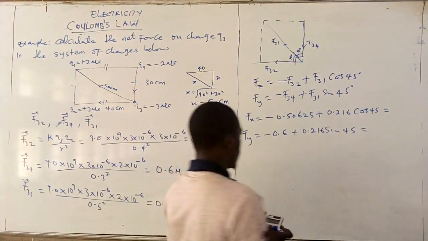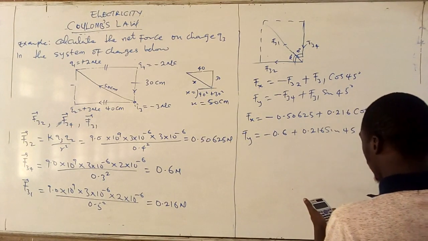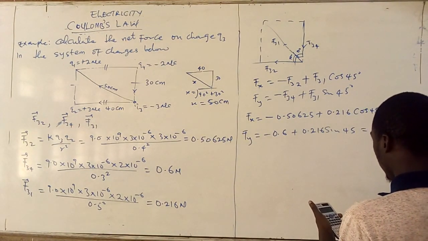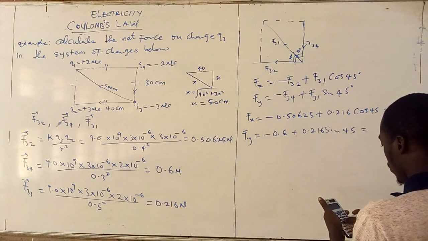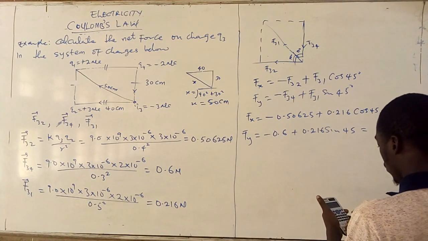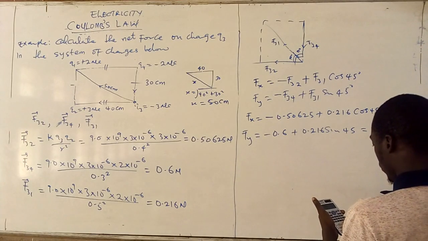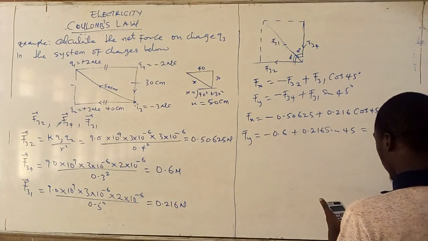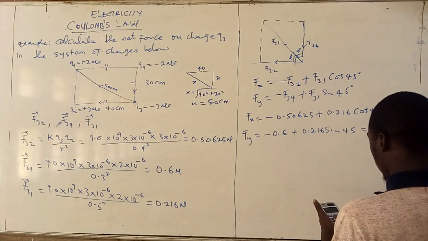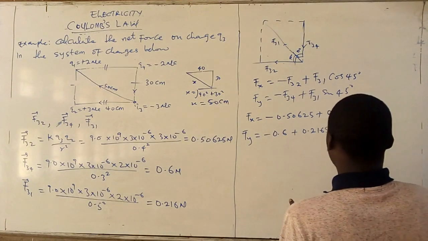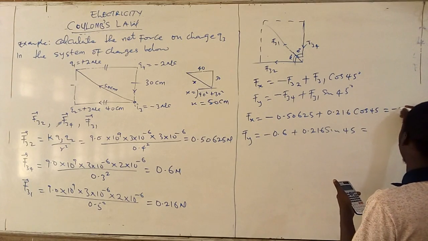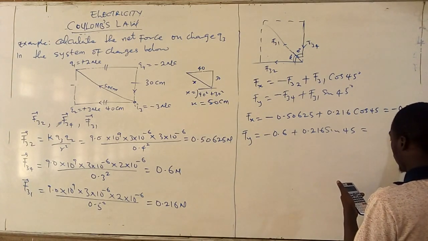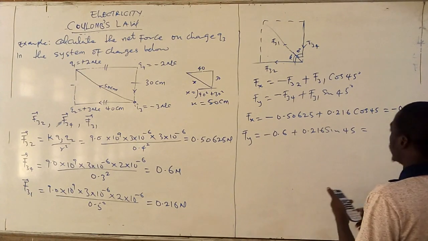If I press this, minus 0.50625 plus 0.216. I have here to be minus 0.35351. Then here